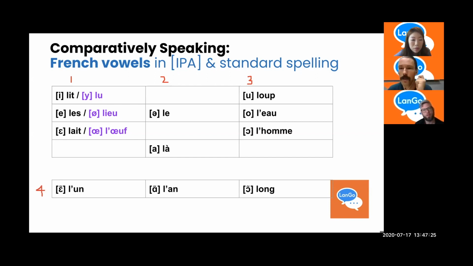Okay, so pronounce these words after me, guys. The word for bed, up here, lit. Lit. Good. The frame that I'm using is I'm trying to just put the sound L in front of the vowel to produce a word. And we can fill out most of the chart, but not all of it, as we'll see.